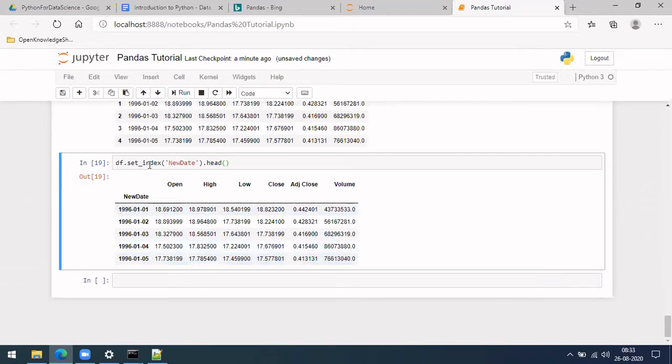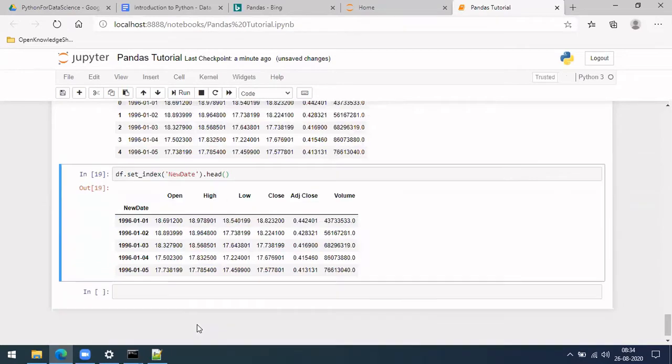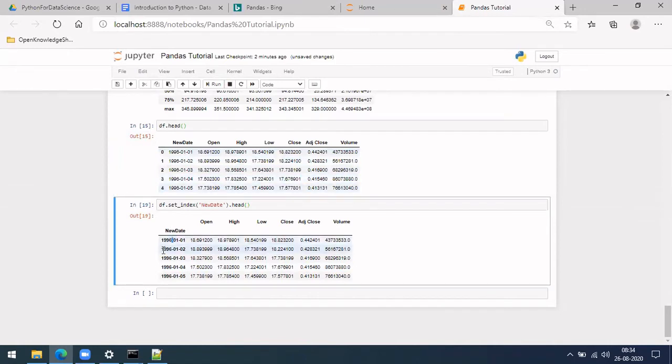So if we do this, you see the structure of your data frame got changed. So let me do before and after. Okay, just a minute. Let me zoom out. Okay, you can see here df dot head previously is like this. So it has changed like this. There is no indicator with 0, 1, 2, 3, and so on. Instead, this itself became your indicator of those. Okay. So this is how we can set this as index.